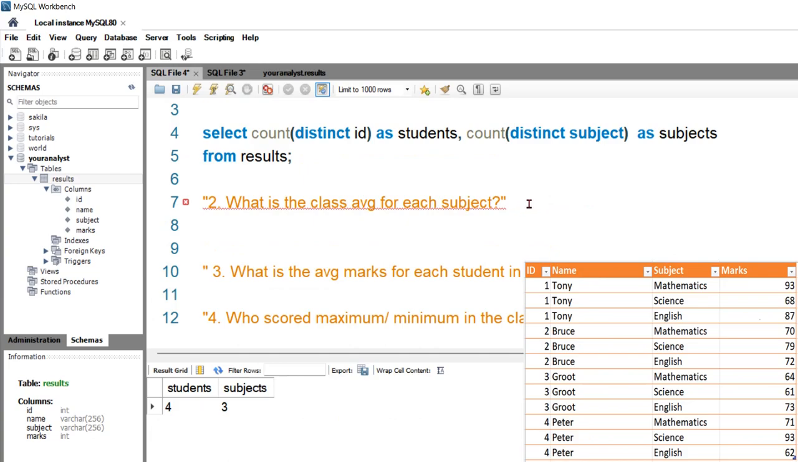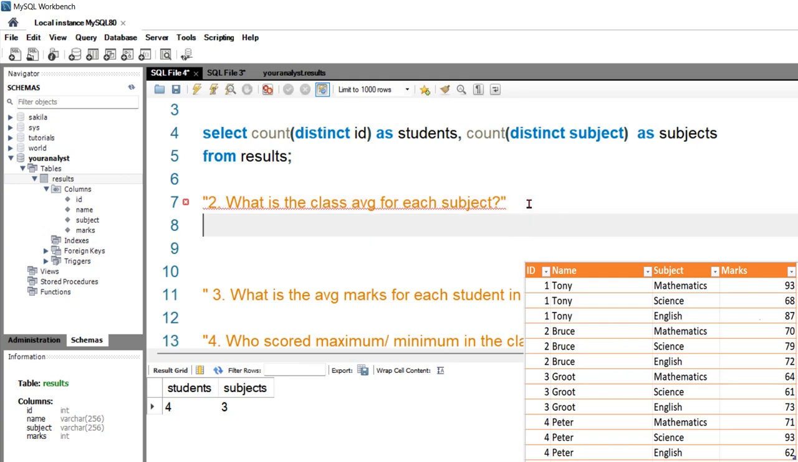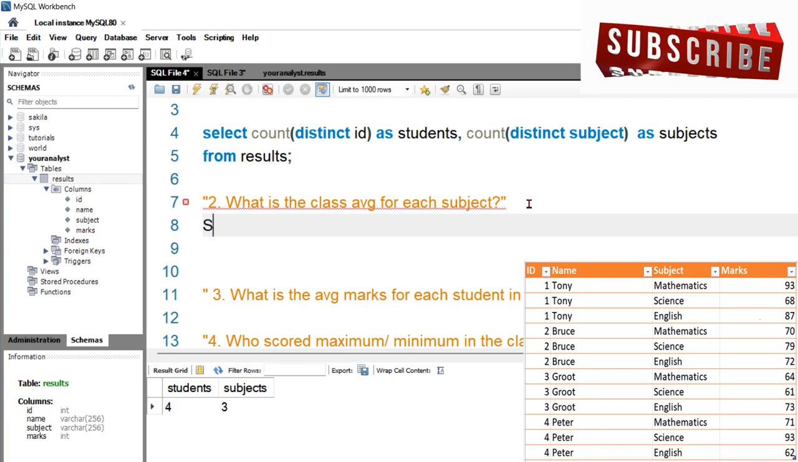The next question is, what is the class average for each subject? Here my query will be slightly different. I'll have to use group by in order to get the result. So let's see. I'll be writing select